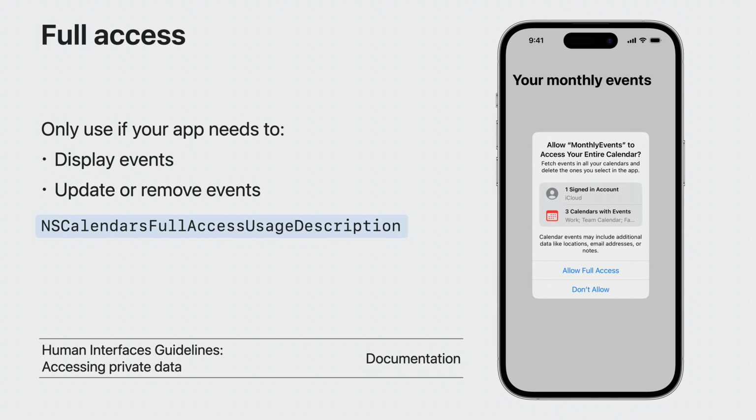It takes a lot of trust for people to allow an app to read their calendar. If people don't yet trust your app, then the request may be denied. Only request full access if it is essential to the core experience of your app, and only request at a time when it is clear why the access is needed.